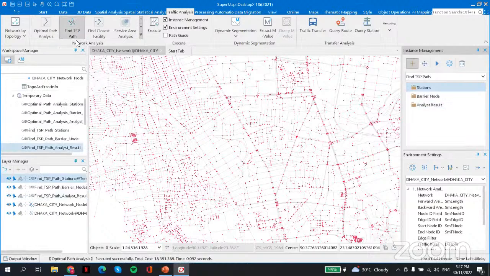We will click this find TSP path here. Just click it here. And you can see here, it already changed. It has stations, barrier node, and also analyst node. So we can just click this station.